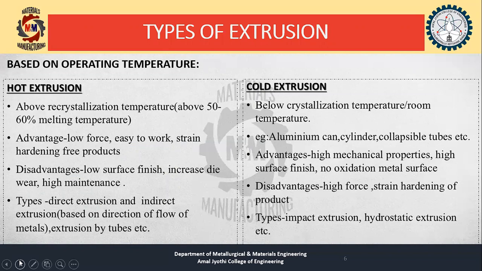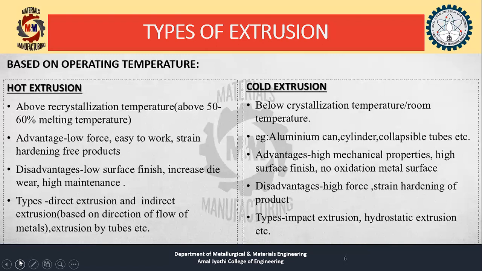The main advantages of hot extrusion are low force, ease of working, and strain hardening free products, whereas disadvantages include low surface finish, increased die wear, and high maintenance. Based on the direction of flow of metals, hot extrusion is classified into direct extrusion and indirect extrusion,